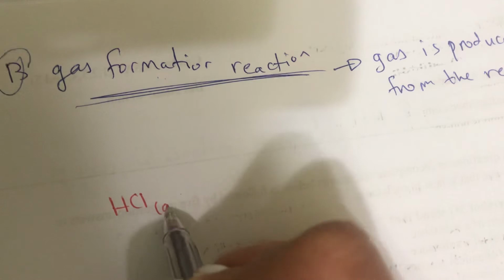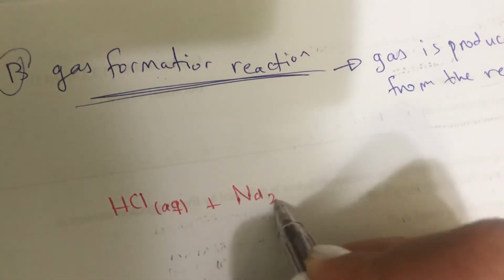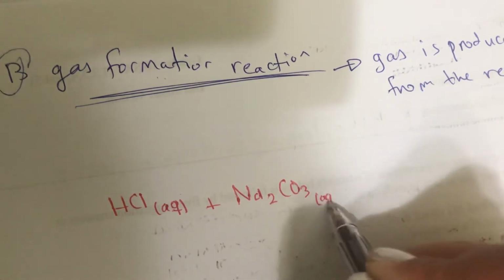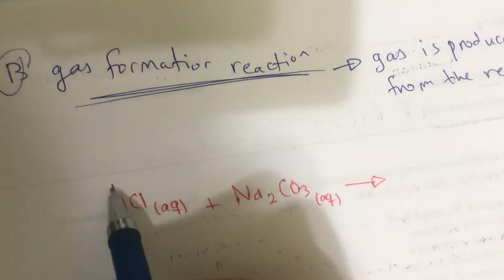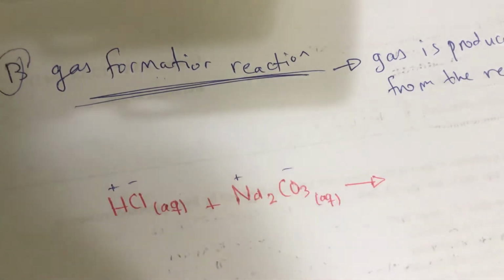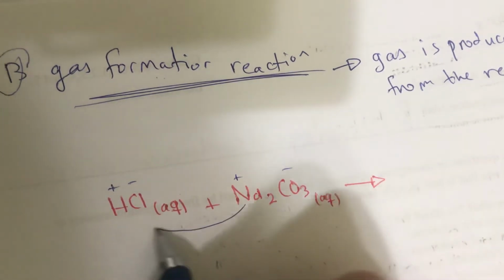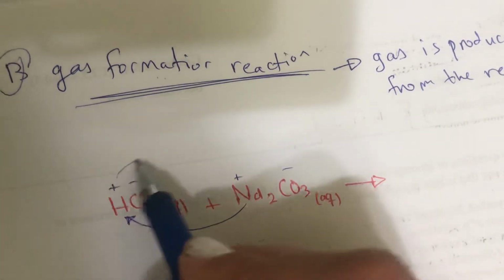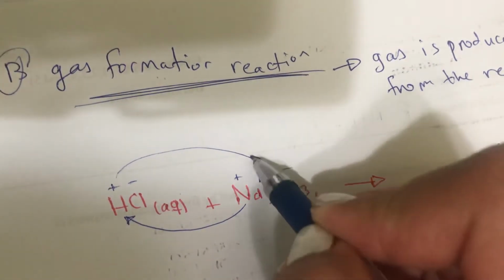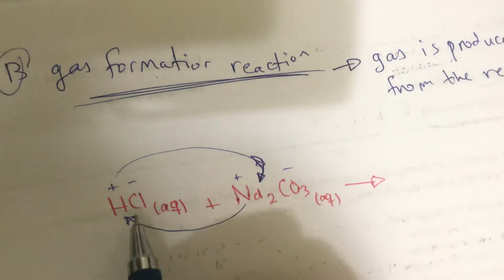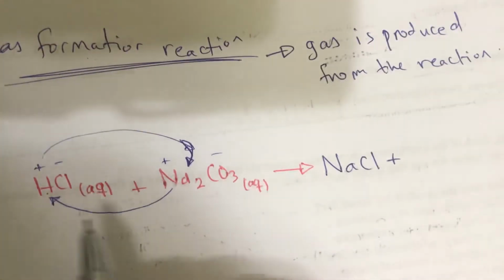hydrochloric acid reacts with sodium carbonate. So here, the same rule, ions exchange to form two new compounds. So here, sodium replaces hydrogen and hydrogen replaces sodium. So instead of HCl, NaCl, and hydrogen